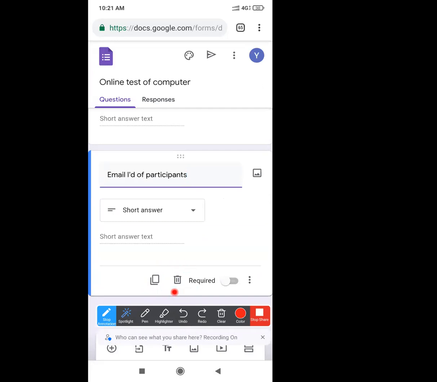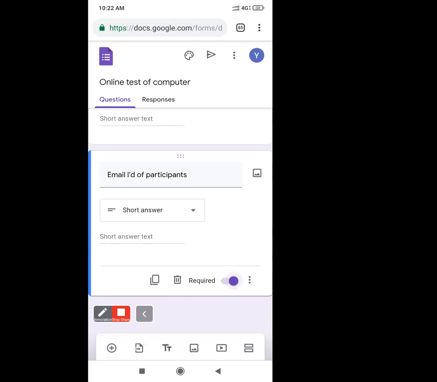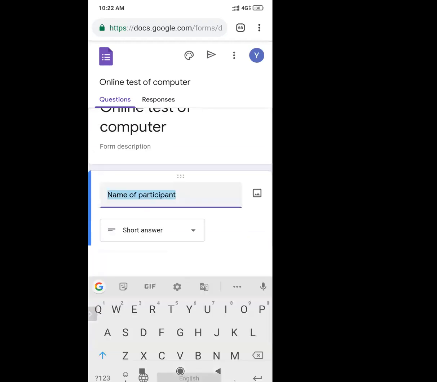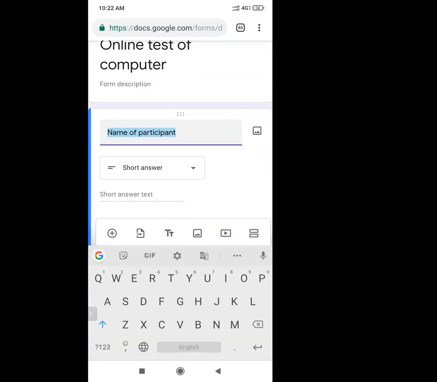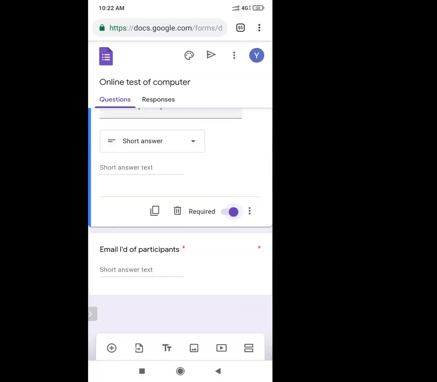And if you want to mark it as a compulsory question, meaning the student cannot proceed further before filling this question, you will click on this button, that is the required button. I'm clicking on this required button, this becomes blue, means it becomes active. So this question is compulsory. I can do the same for our first question, I will click on this required button. Now this question will become a compulsory question.